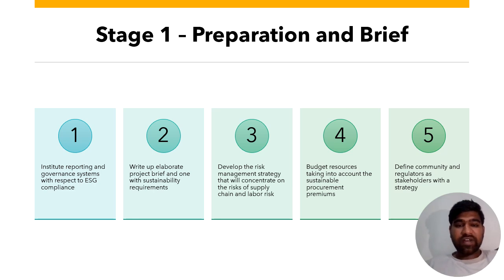In this stage one, preparation and brief. In this stage, we develop the project brief. This includes defining sustainability criteria, defining performance metrics, and ensuring that all procurement, design, and construction activities will adhere to ESG standards. For example, we might set a benchmark to reduce energy use per unit by 30% compared to